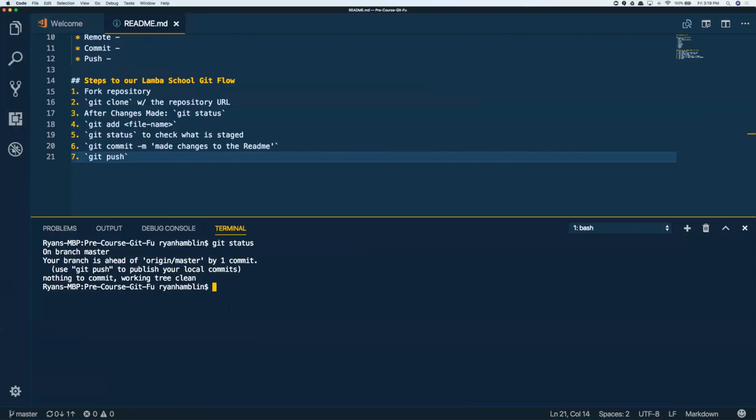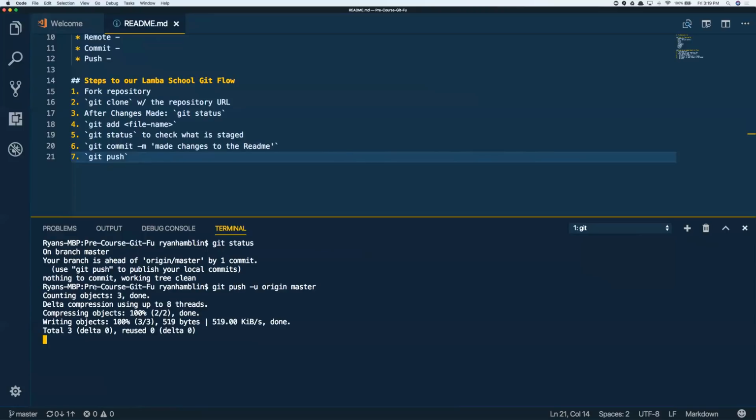And so that's where this next command comes in. So I need to run a git push. And the first time that I do this, I need to tell it that I want the upstream to be origin master, which is my master copy of my fork, which is a copy of Lambda School's repository. So now, once it gets through this process of saying, okay, counting 3 objects, delta compression used,